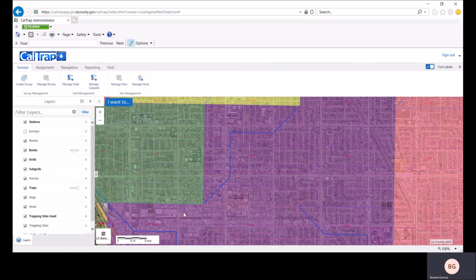We're going to turn the subgrid lines off for the moment, but also let me point out that this blue outline indicates merged quints that were merged together to accommodate a certain trapping density. Let's turn the subgrid layer off